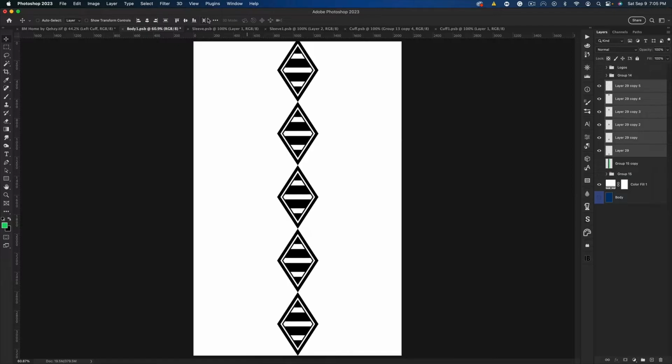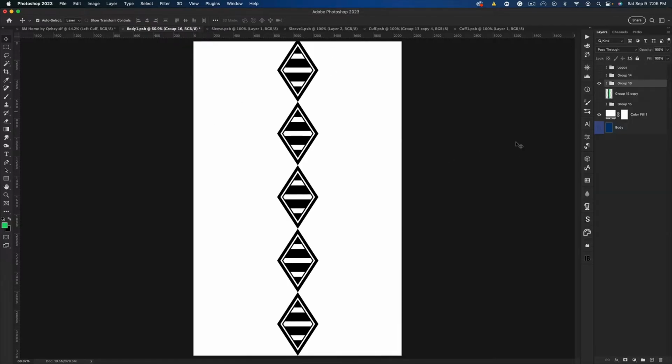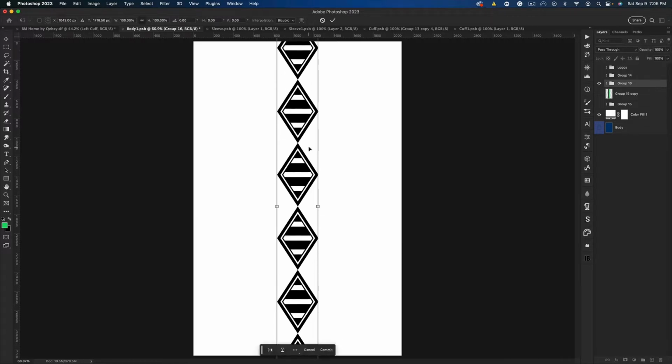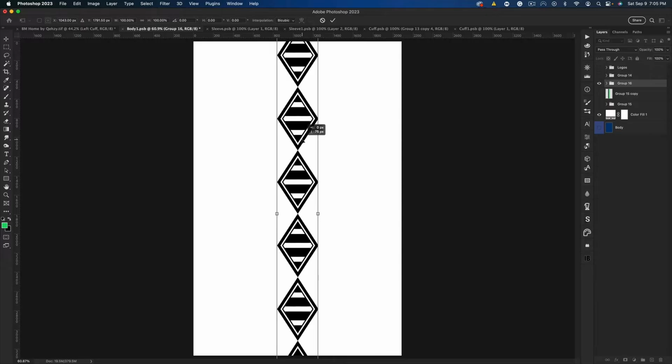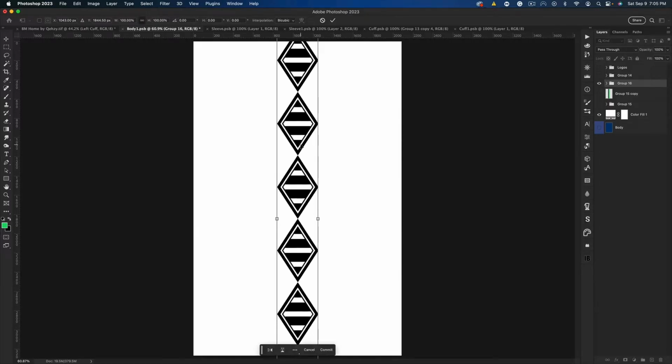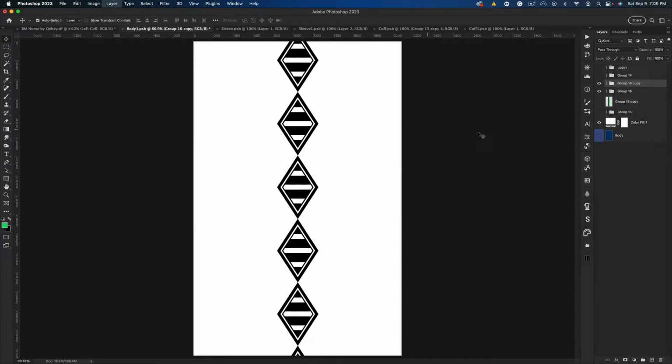I'm going to select them all and go to distribute horizontal so they're evenly spaced. Group them. I think we have 1, 2, 3, 4, 5 visible. I think that's all right. We'll do. I'm going to align it like that. Command J, Command E to merge, so we have these on a layer,